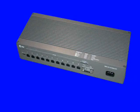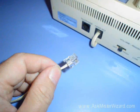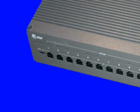For a while, the giant North American telecommunications company AT&T promoted a technology that they called Starlan. Starlan did use existing low-cost telephone cables and avoided the major expense of rewiring office buildings. The Starlan developers knew that that cheap existing telephone cable couldn't be used to reliably detect collisions, so they came